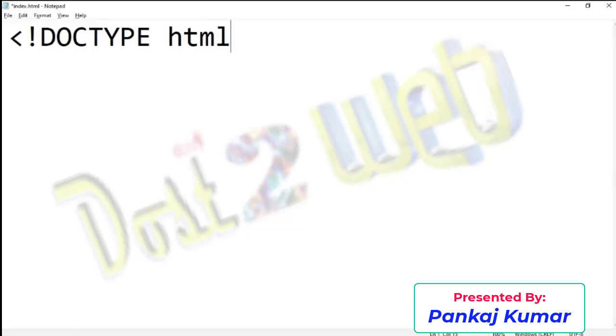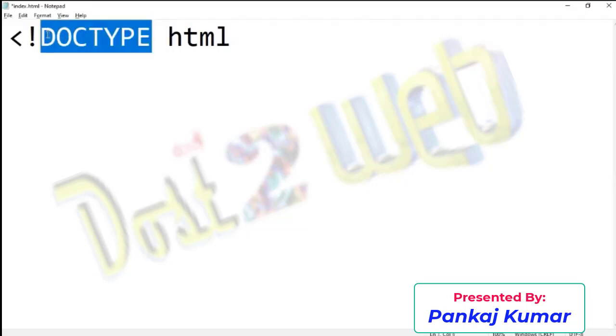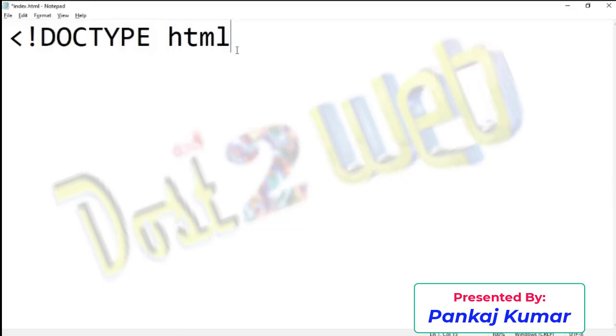Even if you write html in small letters, that is not a problem, though the doctype tag should preferably be in capitals. It says that the page you are going to make is an HTML5 based website or web page. Next, as I mentioned, you have to write the html, head, and body tags.